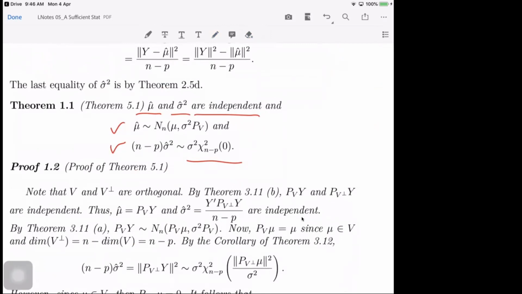So how do we prove first independence? Okay. So note that V and B perp are orthogonal, correct? So if they are orthogonal, by theorem 3.1b. Theorem 3.1b says, and 3.11,